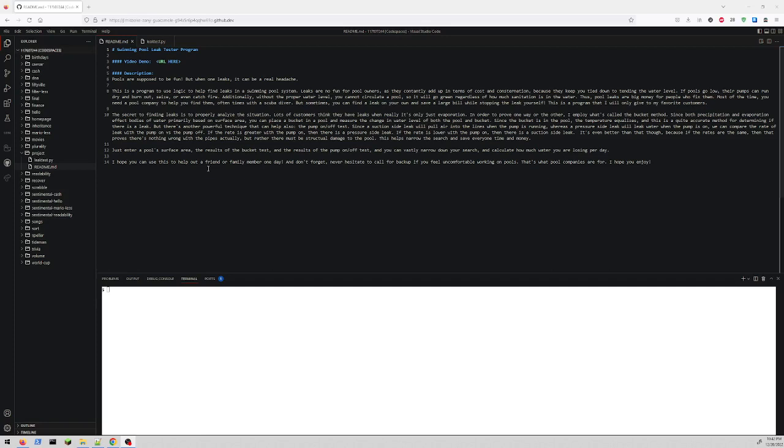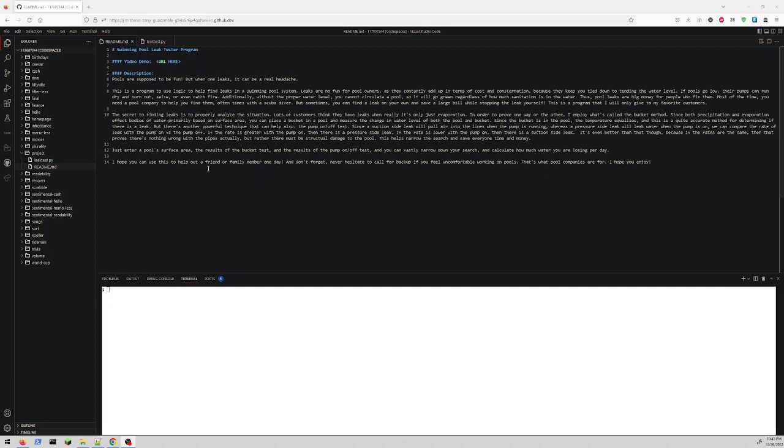Because precipitation and evaporation affect bodies of water based on their surface area, a bucket of water will be affected just the same as a swimming pool if you keep it in there. So if they're the same temperature, it's a very accurate way of knowing whether or not a pool is leaking by checking how much the water changes in the bucket versus how much it changes in the pool over a given period of time. So we're going to call the bucket method one function, and then we're going to pair that up with